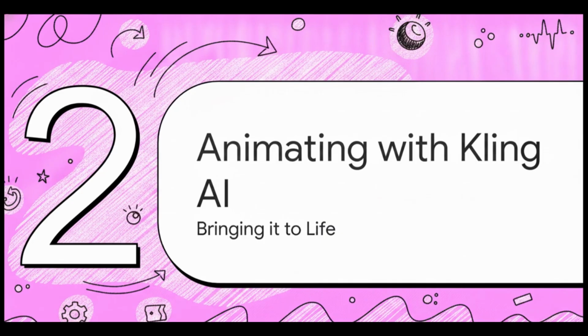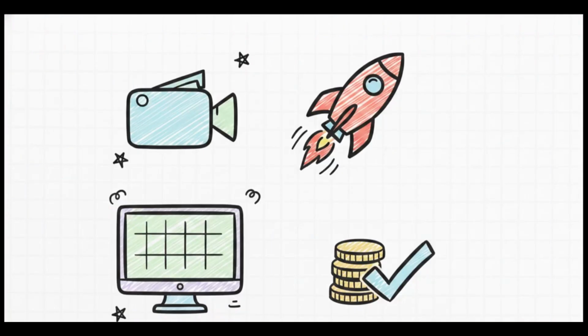Section 2, Animating with Kling AI and bringing it to life. So we take that expanded Figma asset and upload it straight into Kling AI. The pro tip here, hit the video generator option, make sure you select the 2.5 turbo model, and drop the output resolution down to 720p. Why do that? Because 720p is completely fine for a background web video, and these specific settings only cost 15 credits. It is incredibly cost efficient, and you get this stunningly animated character with, like, zero effort.